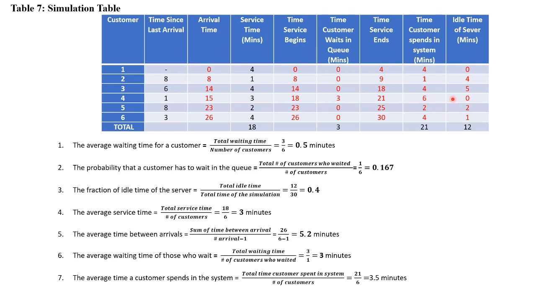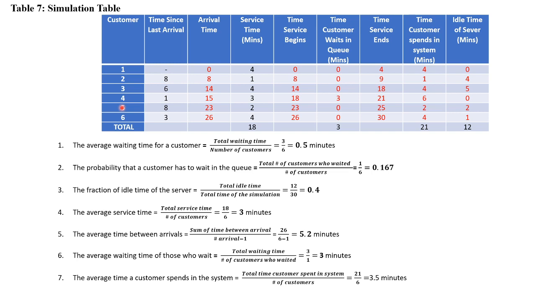Then the next one is the idle time for the server. The server has no idle time because the time customer 4 arrived, customer 3 was being served, and as soon as the server finished serving customer 3, customer 4 entered to be served as well. So the server doesn't have idle time here, so that is 0. Right, now let's go to the next one.